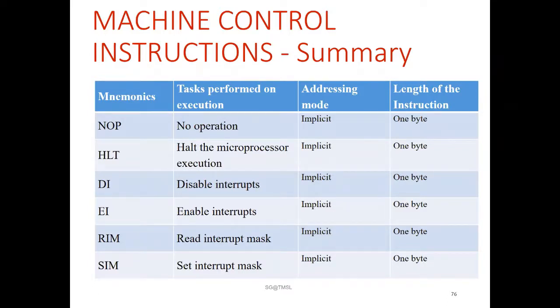So all these from last day till now, I have discussed the instruction classification based on functionality. What types of functions are there? Data transfer or data copy function, arithmetic function, logical function, branching function, and machine control function. All these are based on functionality. The classification is based on the functionality.